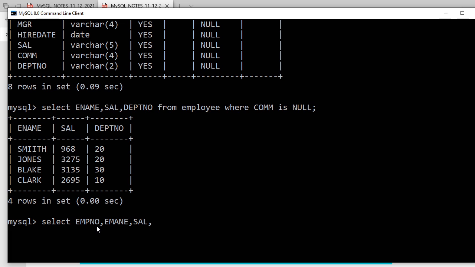Then salary into 12 as annual salary, in double quotes. Now next, from employee. Condition is also there. This is okay now: select employee number, employee name, salary, salary into 12 as annual salary from employee.